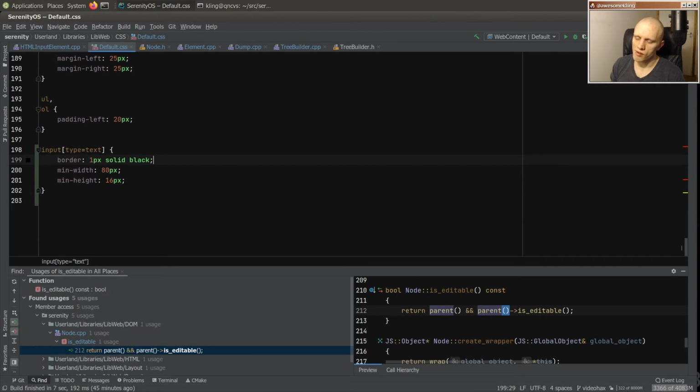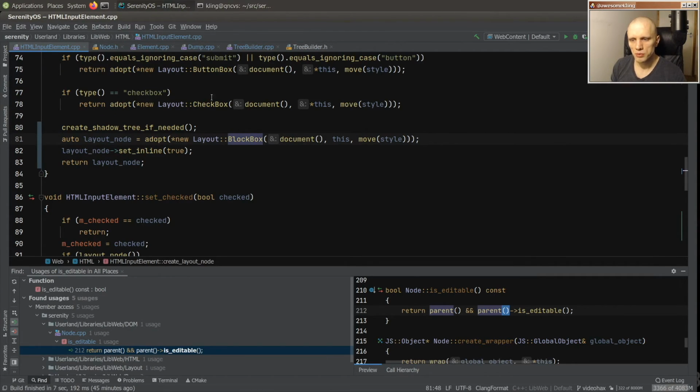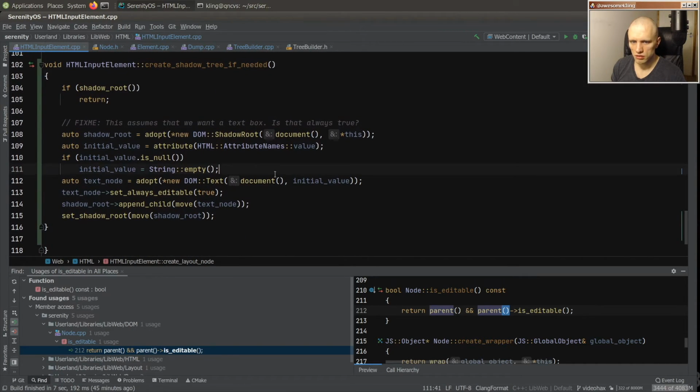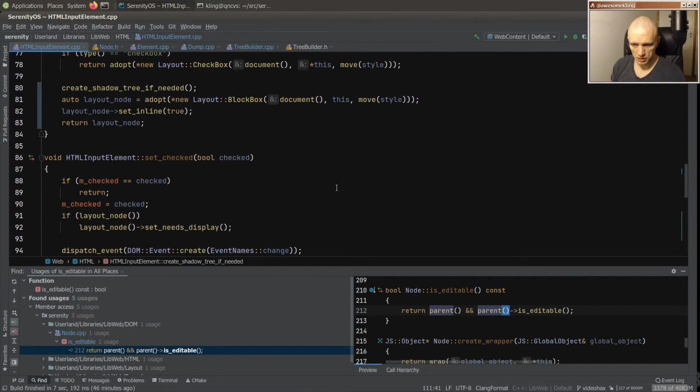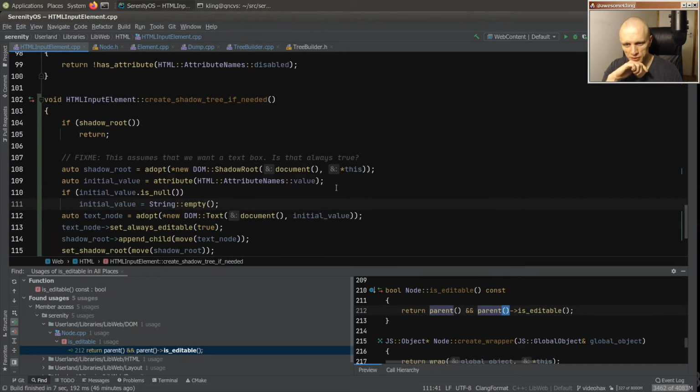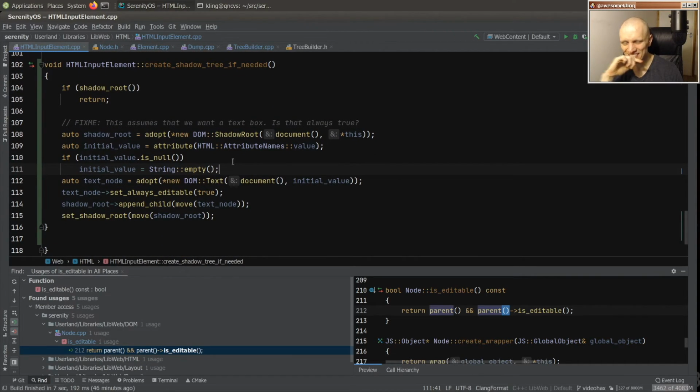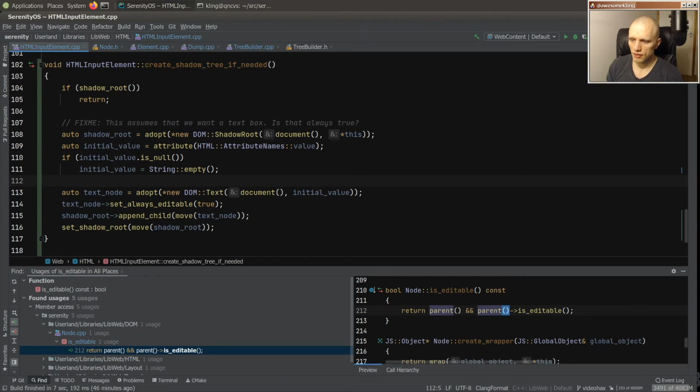So maybe we can just hack this by setting something. Wait, where did we do this? Oh, this is a tricky problem. So I guess now we need to put some kind of element in between the shadow root and the DOM text nodes, just so that we can have CSS applied to something. So frame, we'll call it like